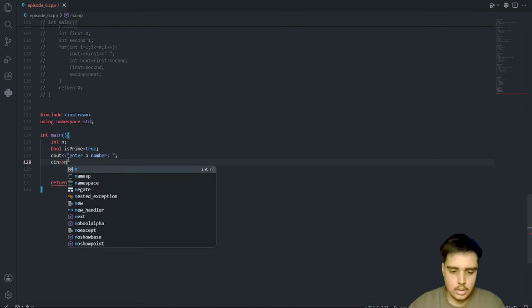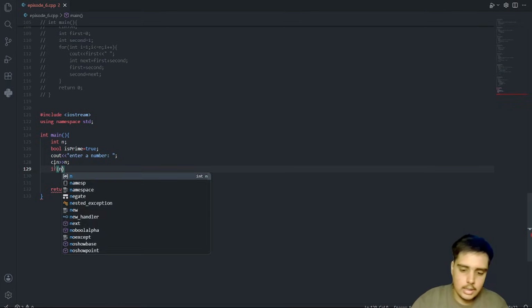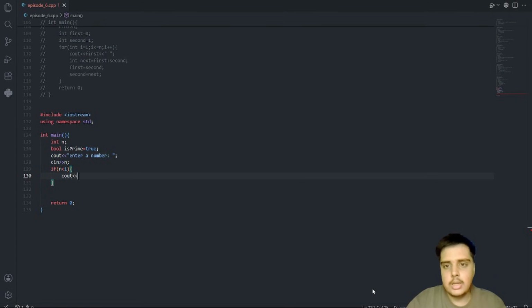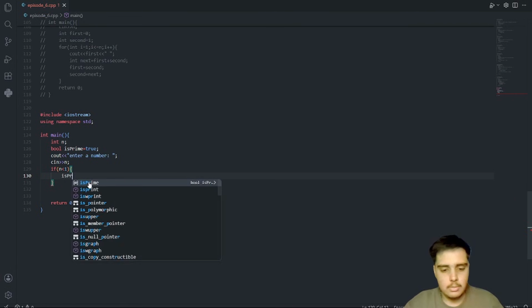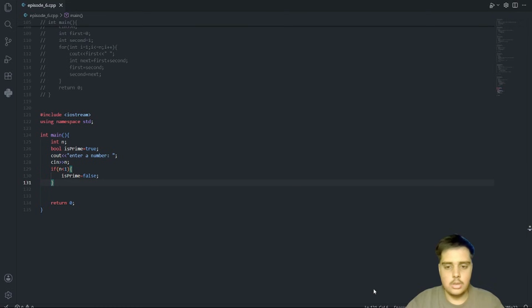Cin, n will be that number. So here till here it is confirmed that n will be that number. So we will say if n is less than 1, I will simply say cout, and I can simply not cout, I will use is prime is equal to false. I could use that also, but this is a little better way, I think. So if n is less than equal to 1, is prime becomes false, and for the else part,